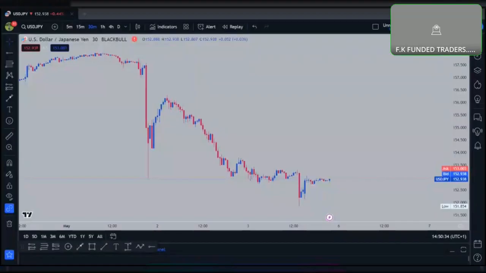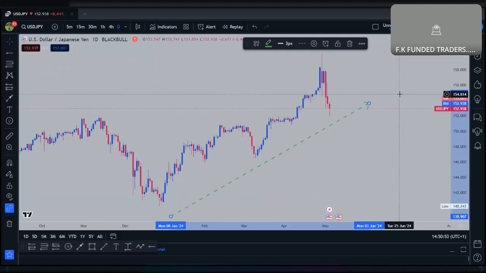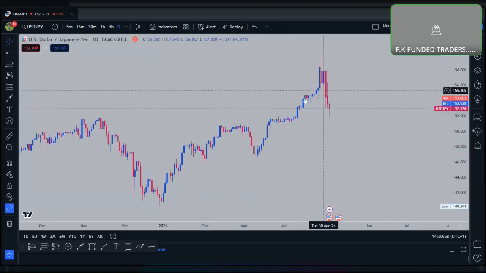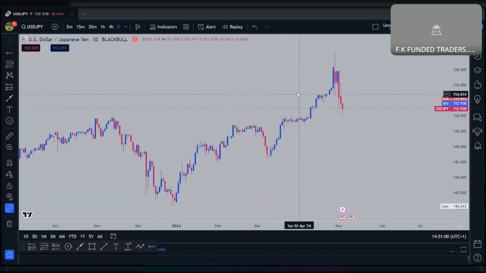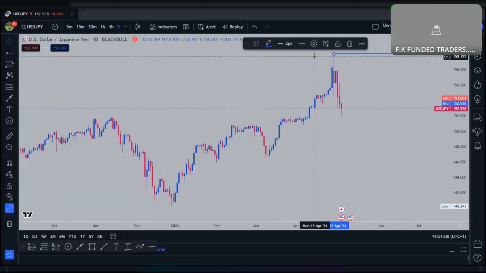Okay, so now we are analyzing JPY. We are analyzing GBP, USD JPY. So when you go to the time frame, you will find that the market was giving us a very strong bullish trend. Are we together? I see that the market was giving us a strong bullish trend, indicating that now the market is changing from buys to giving us sells. So we have to be predictive.